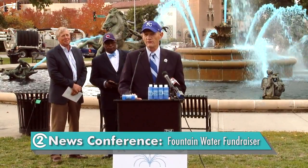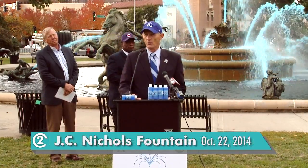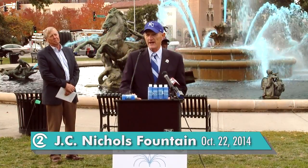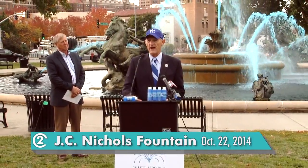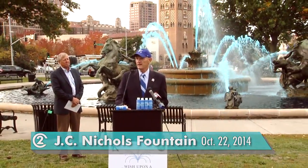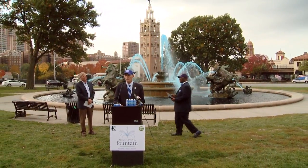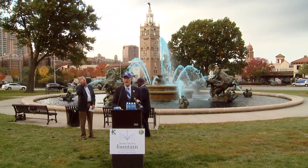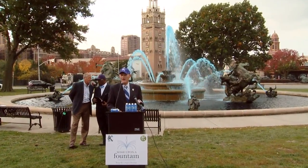We have the Meyer Circle Fountain out south on Meyer Boulevard that's been turned blue for the year. We have the West Side Fountain over on the west side off of Southwest Boulevard that's been turned blue. We have the Spirit of Freedom Fountain over off of Benton and Cleveland that's been turned blue. The Concourse Fountain up in the northeast area. The Women's Leadership Fountain in 9th and Paseo. And then north of the river we have 2 fountains. We have the Children's Fountain, number 9 Highway up north, and the Gorman Park Fountain located up at Vivian and